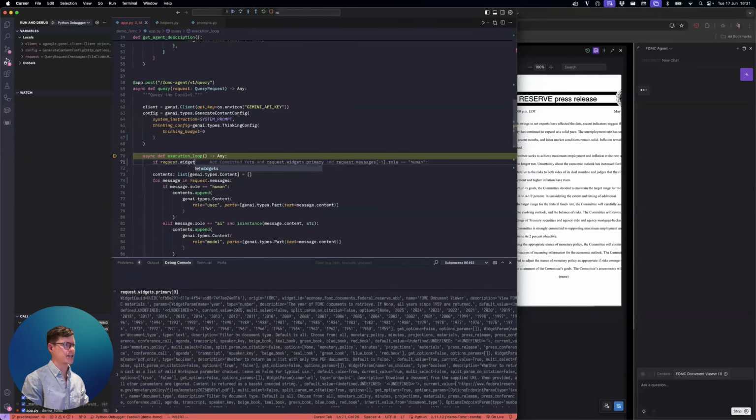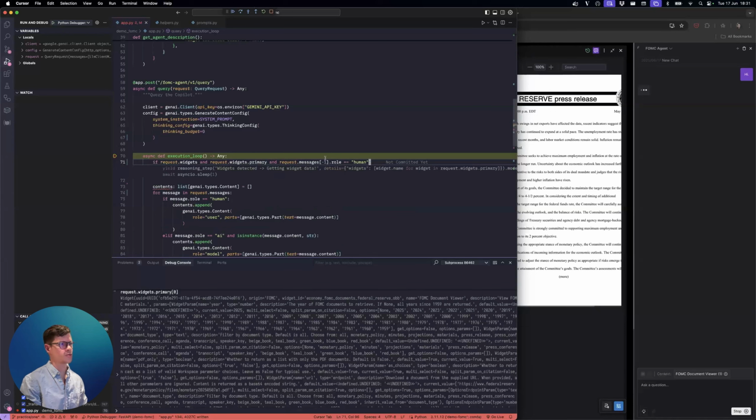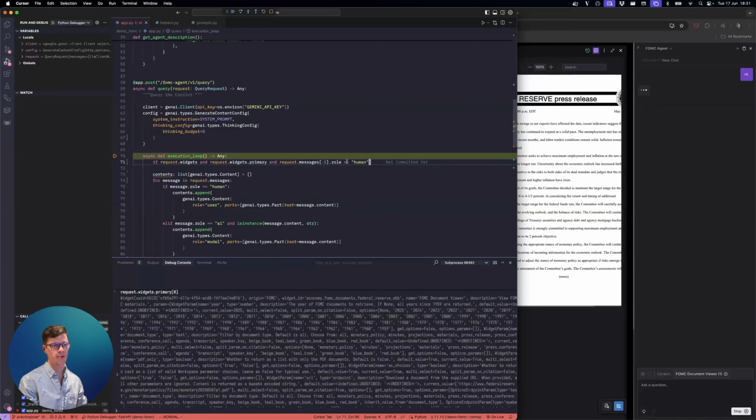If we have a request that has widgets, and we have primary widgets, we're going to do something special. We're going to say that the most recent message is a human message because, in effect, we're hiding a little bit of this away, but what's happening is there's going to be a function call message that gets sent to the front end and a function call result that gets sent back. We want to make sure that we don't get stuck in a loop where we're constantly fetching data. So only if the most recent message is human,